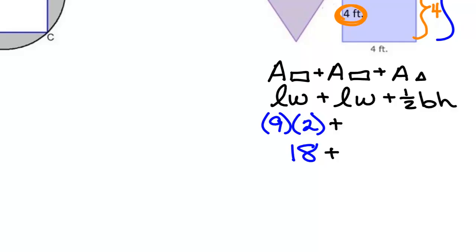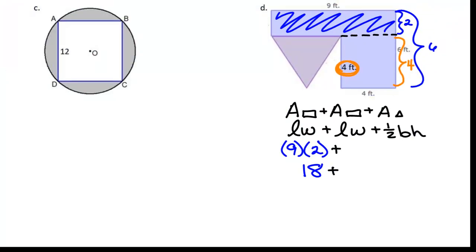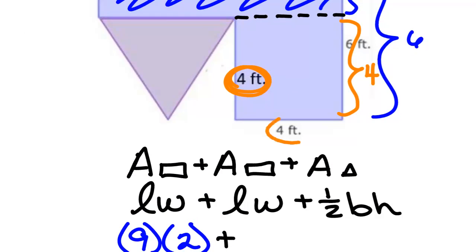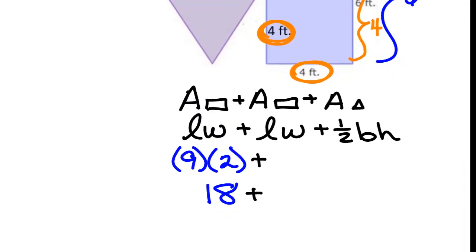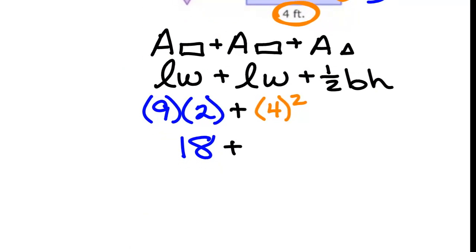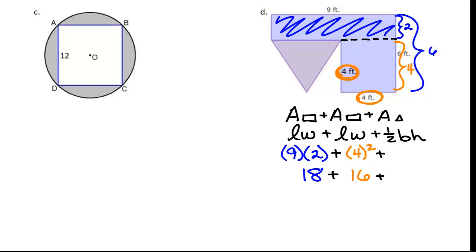Now I'm going to move on to my other rectangle. This other rectangle is what by what? 4 by 4. So technically this is a square, right? So I could do 4 squared. What is 4 squared? 16. So I have 18 plus 16 plus, and now I got to look at this triangle,